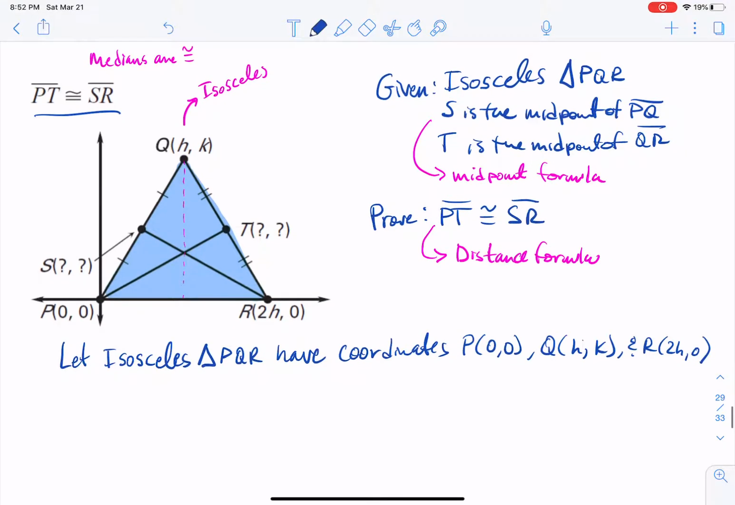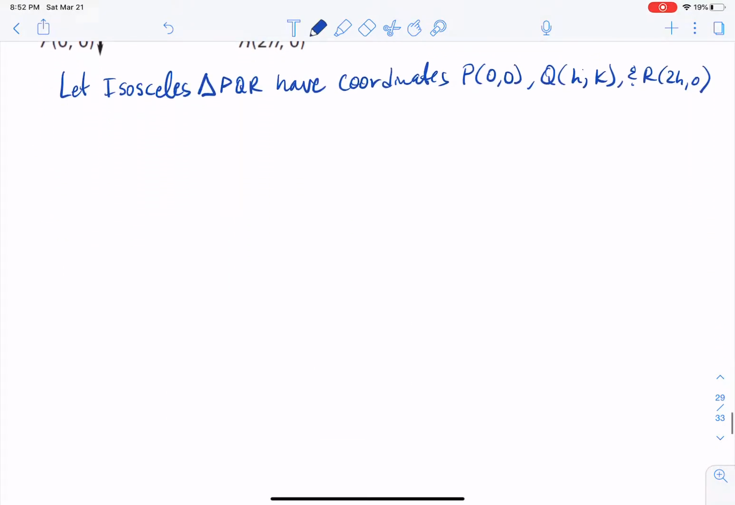All right, so if we're using the coordinates of points S and T within this, we need to actually find them, and the way that I'm going to find them is with the midpoint formula. So I'm just going to state that out. So by the midpoint formula,